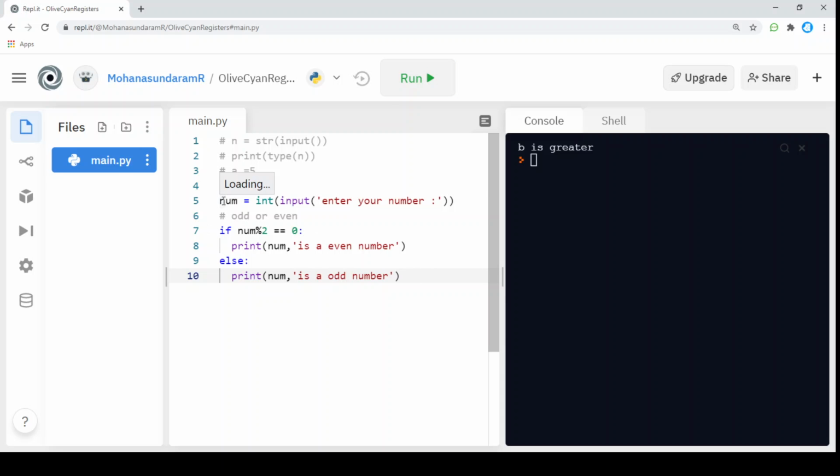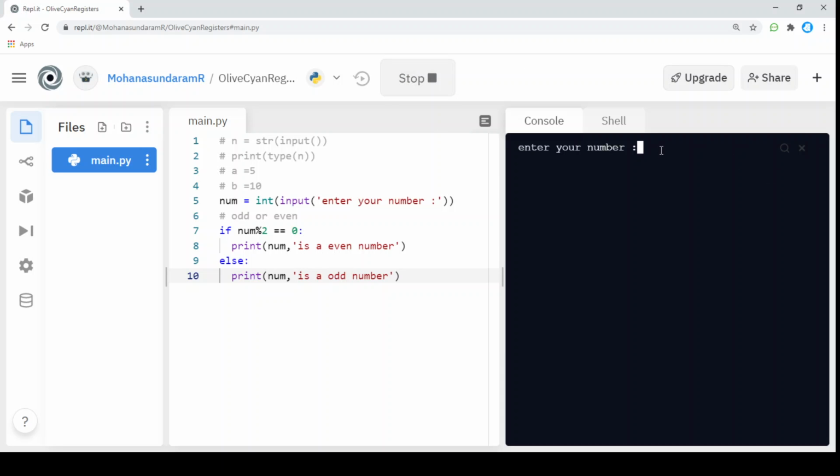I'm getting an input from a user with a variable of num. The input will be an integer number, and I'm passing the condition if num mod 2 is equal to 0, and I'm going to print it is an even number, and else it will be an odd number. Okay, I'm going to run this.